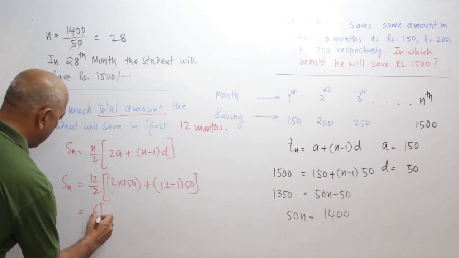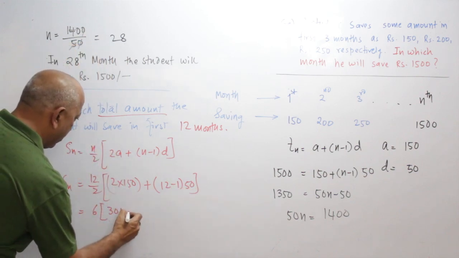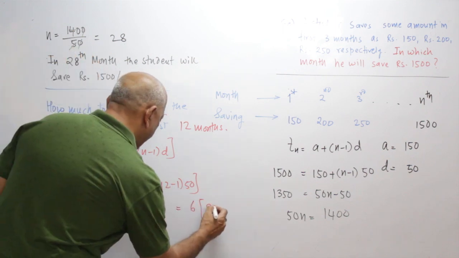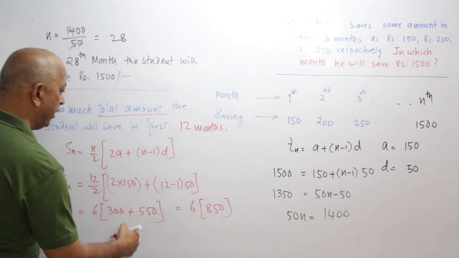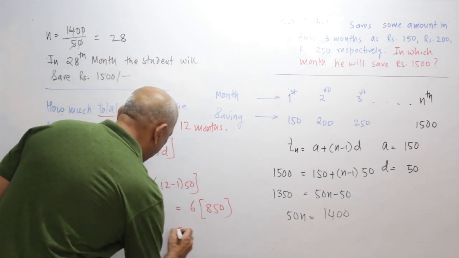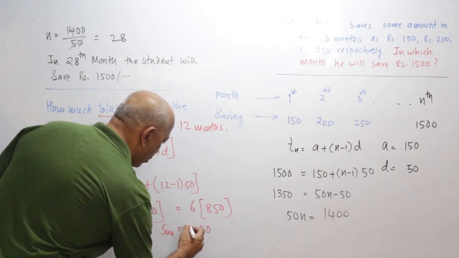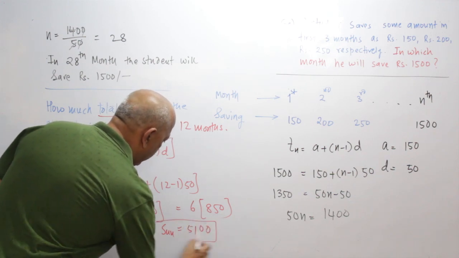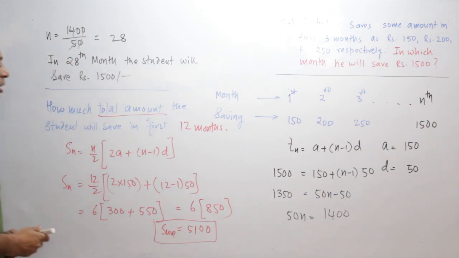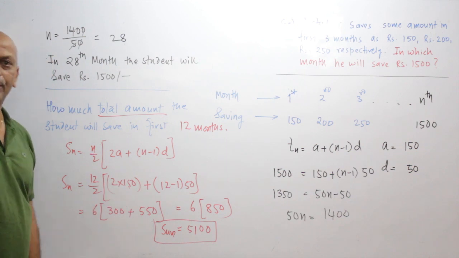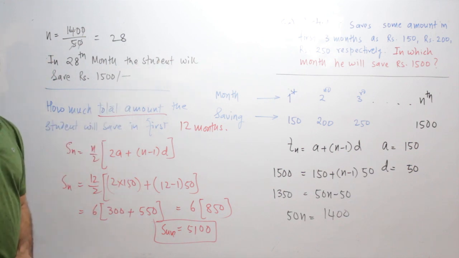This is 6 into bracket 300 plus 11 into 50, that is 550. 6 into 850. So the total saving, the sum, will be 5,100. So he will save a total of 5,100 rupees in the first 12 months. So this is what is the application of